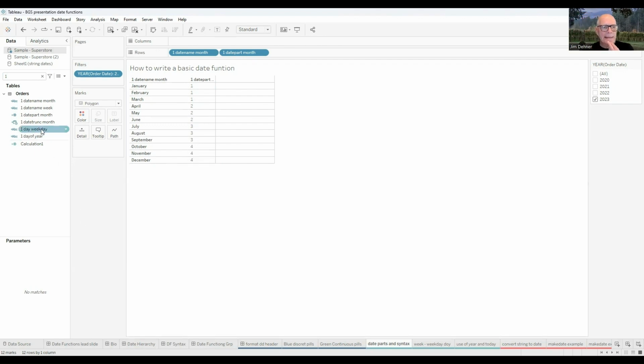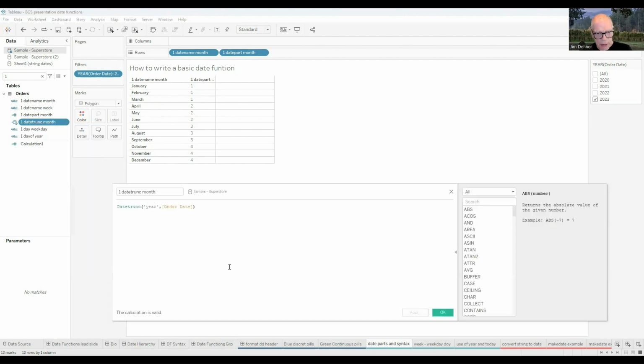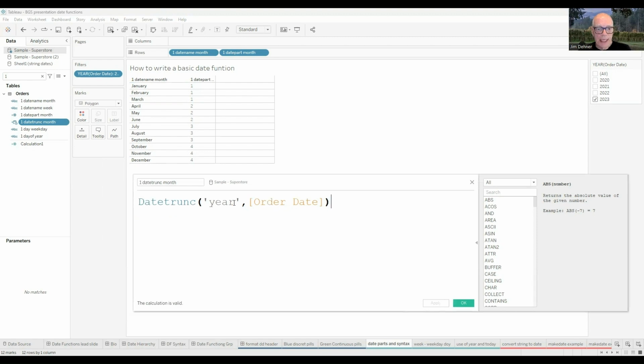Well, let's take a look and see what happens when we look at date trunc. Now, date trunc is a continuous function. What it's going to return is the first day of the period. And if we were to look here at the first day of the year of the order date, well, that's January 1st. Okay, and I've just set a filter on this, so we're only going to look at 2023. I just did that so we're not looking at long lists of data. If we look at the first day of the year,